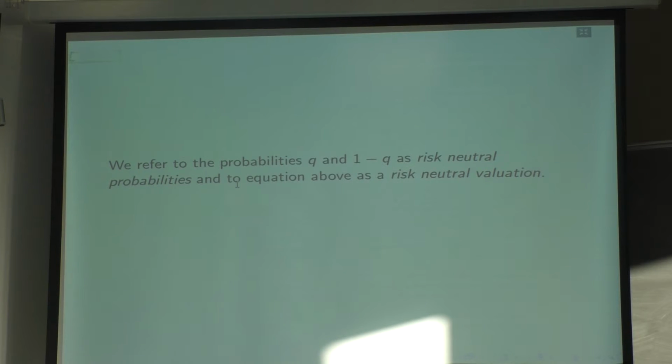But before that, I want to go back to these Qs and 1 minus Qs. We started by saying these are just numbers I compute, and then I convinced you they can be probabilities, and then I found that these are probabilities in some risk-neutral world, and I'm going to give a name to these probabilities. These are the risk-neutral probabilities. The risk-neutral probability of the underlying asset price going up is Q, and the other one is 1 minus Q. And the method of finding the prices of derivatives by looking at the present value of the expected payoff is what we're going to call risk-neutral valuation, which we're going to be doing later in the course as well.